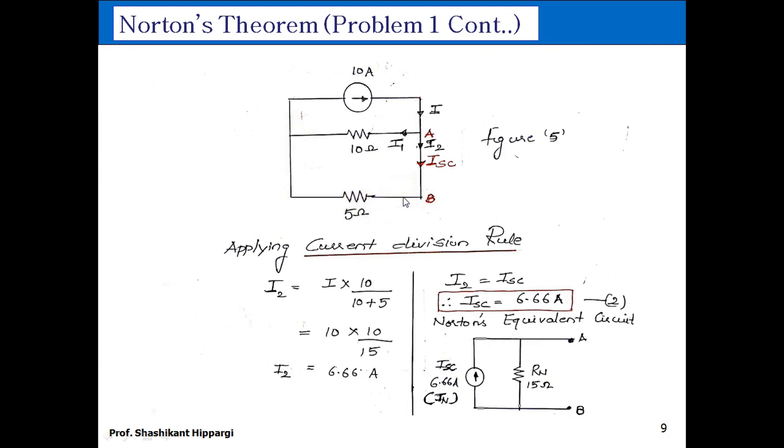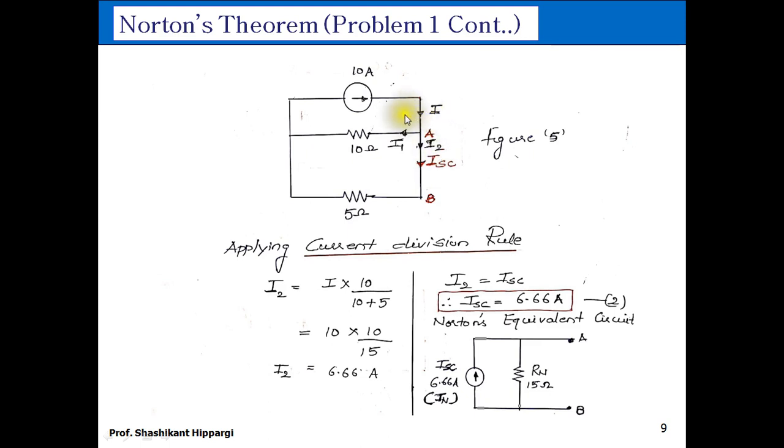Okay. If you look back again into the circuit, then this is a current source with 2 parallel resistances. Then I can simply apply the branch current method here. So the main current that is entering this node is I, which is equal to 10 ampere. I have named it as I, and then this will divide into 2 branch currents, I1 and I2, right? And I am interested in I2 because I2 itself is ISC.